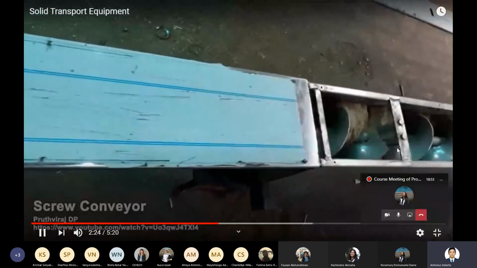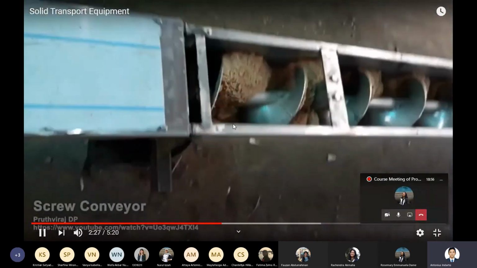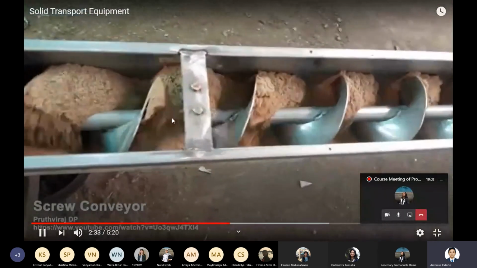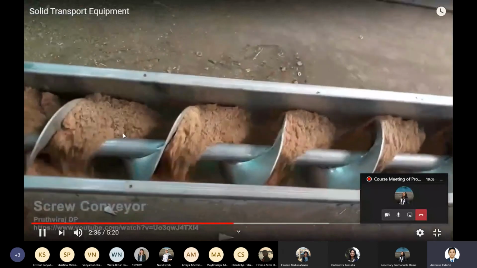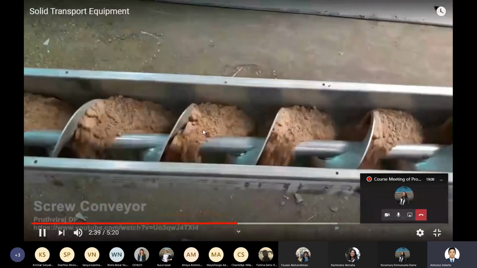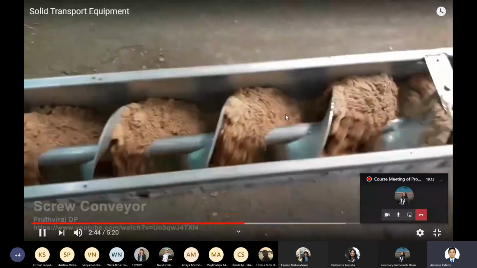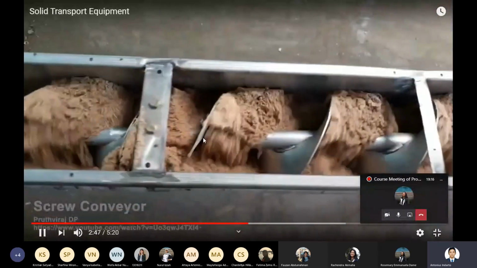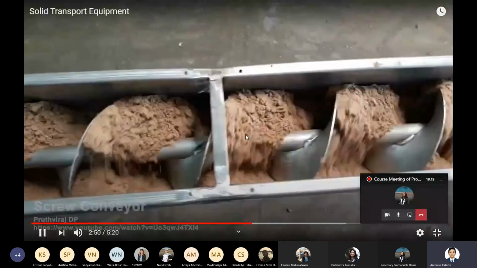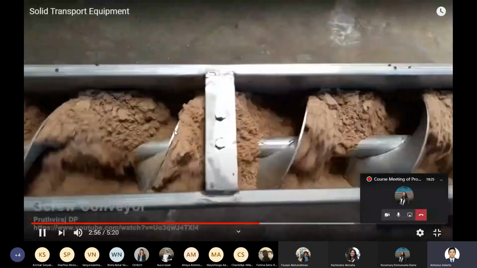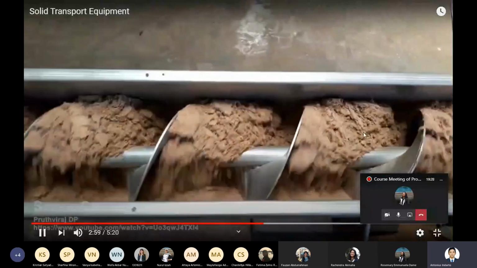It is located inside this tube, and it looks like this one. The screw is like a helix, and then this movement, the helix screw will push the rail forward. You can see in here. So the solid particle follows the rotation of this helix, and it moves to the front side like this one.